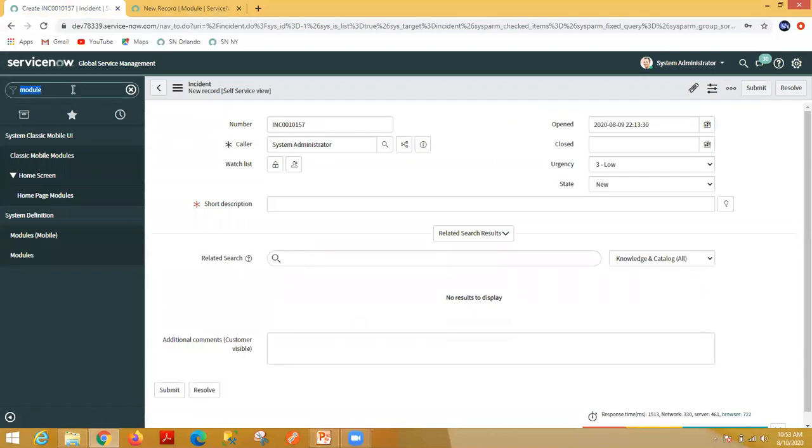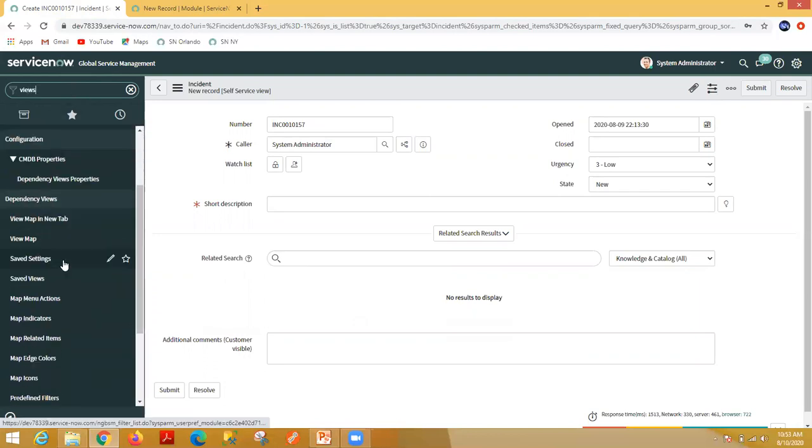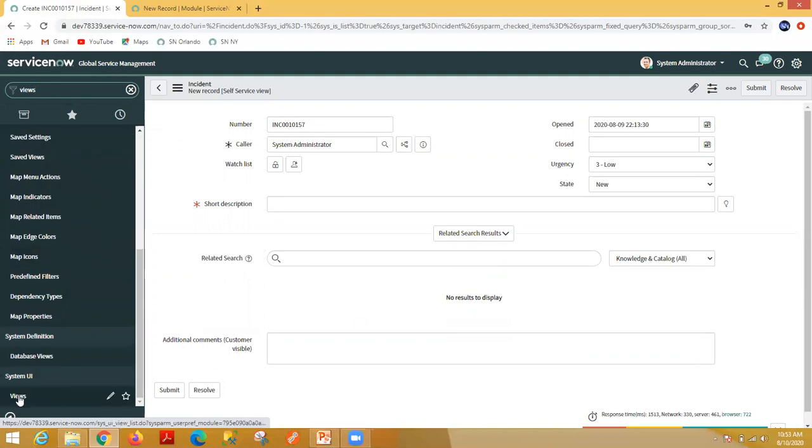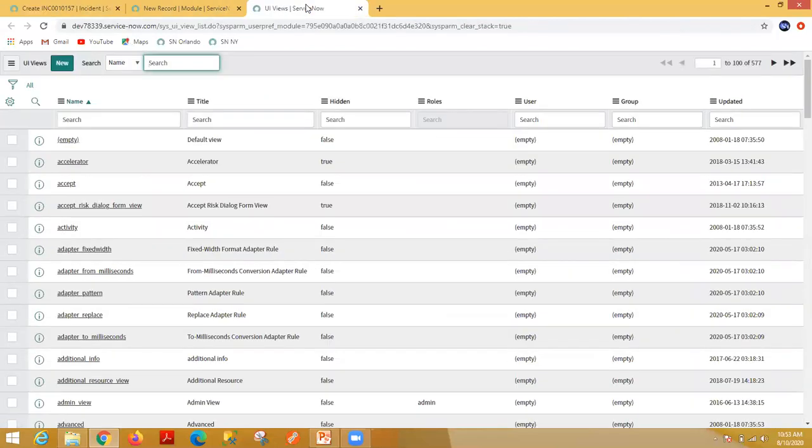If you type view, so this is the table system, under system UI application menu, views module there. So whatever views are created in ServiceNow, those views are listed here in this table. Okay, so if you want to delete the view, you have to delete it from here.